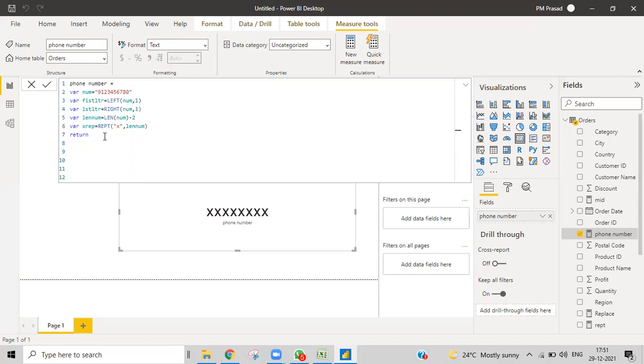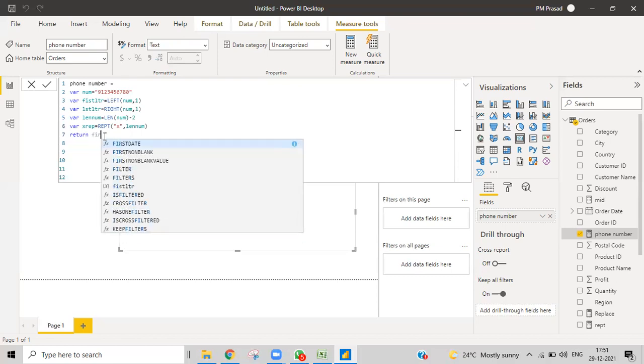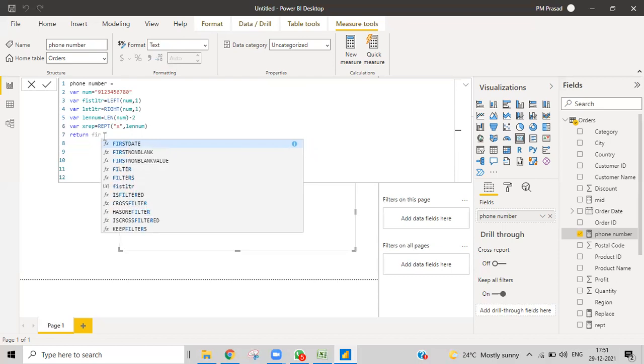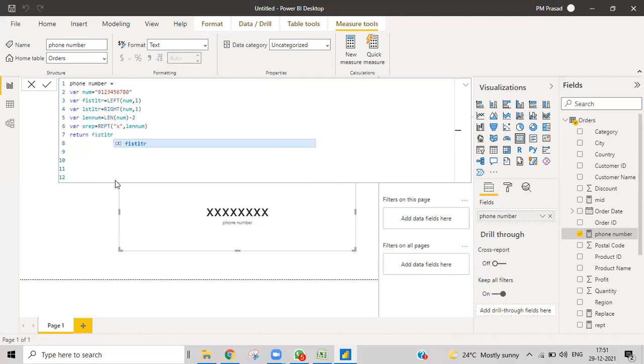First letter, last letter, and then length number. Okay, the next row. What I'll do, I'll just write FIRST, FIR. This is my first letter, and then comma, maybe LST.